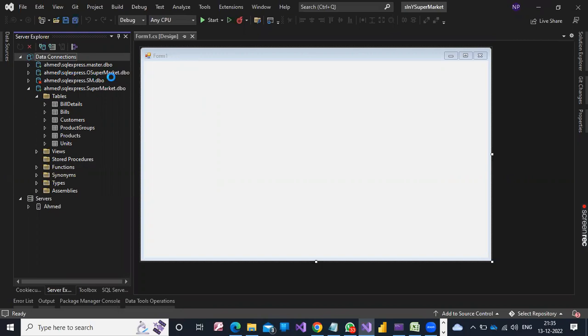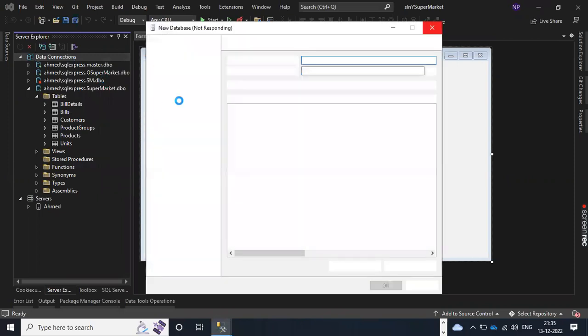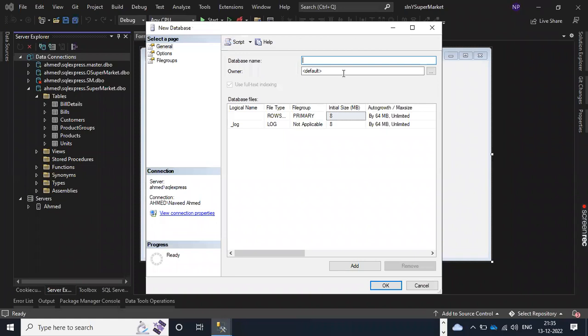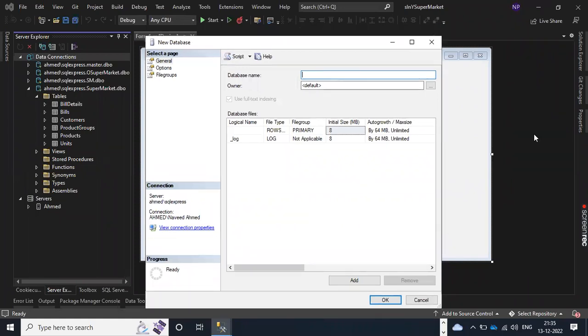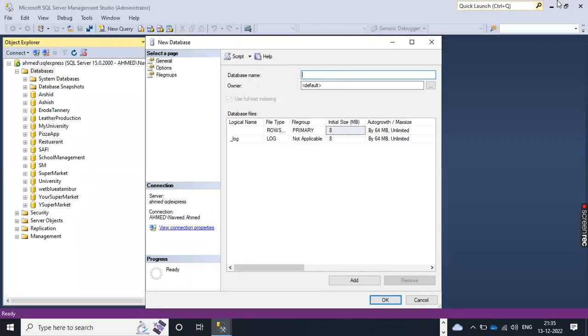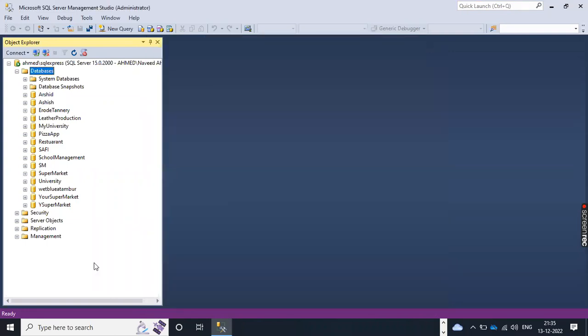Now in SQL Server, I can write the database name and click on OK to create it. Right. Then once I create the O supermarket,